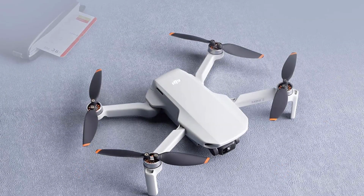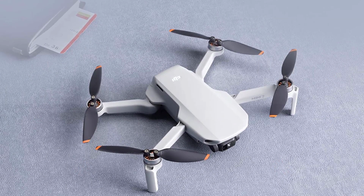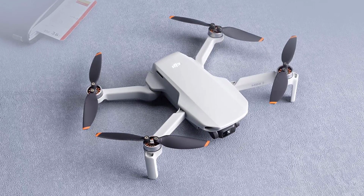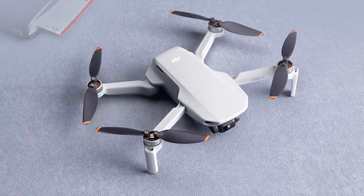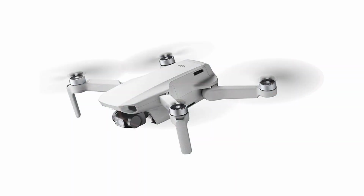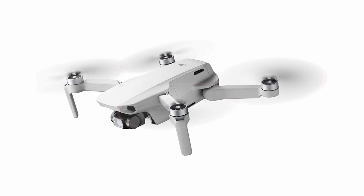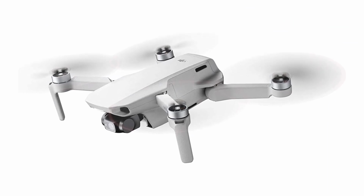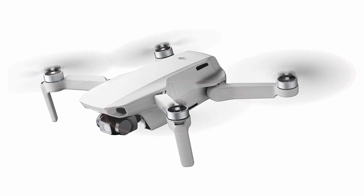It's folded in half ready to fly, and its camera is mounted flat against the drone's body to make it more aerodynamic. It also features a top speed of up to 51 miles per hour and a flight time of just over 21 minutes with a 16-minute quick charge option. It weighs in at 430 grams, which is significantly smaller than its bigger cousins, the DJI Mavic Pro and the